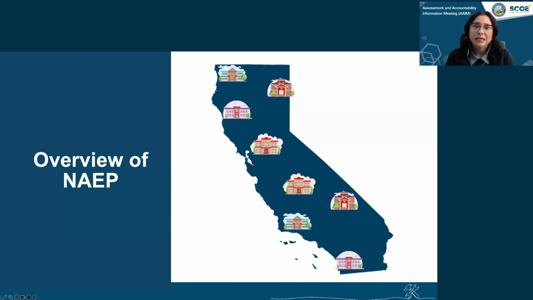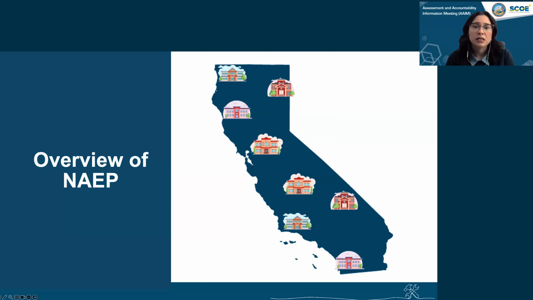Now, everyone is always interested in the selection process of the representative sample. The selection process by NCES is based on school size, location, demographics, achievement, and several other things. But CDE has no say in which schools get selected, who's sampled, or who is asked to participate. Some assessments are tied to Title I assurances, while other assessments in other subjects are voluntary, and that's dependent on the year and which assessment your site gets selected for, if your site gets selected to participate. Part of my job is to encourage participation for all assessments across the board.